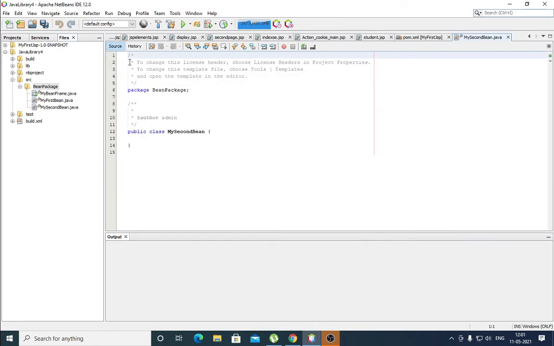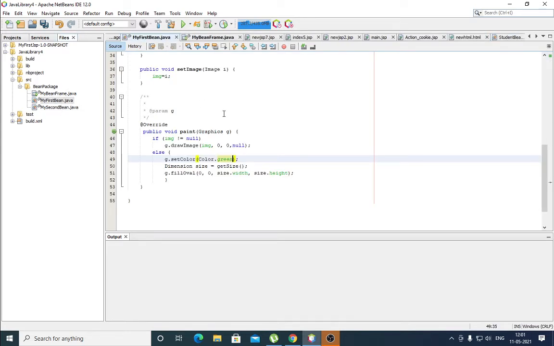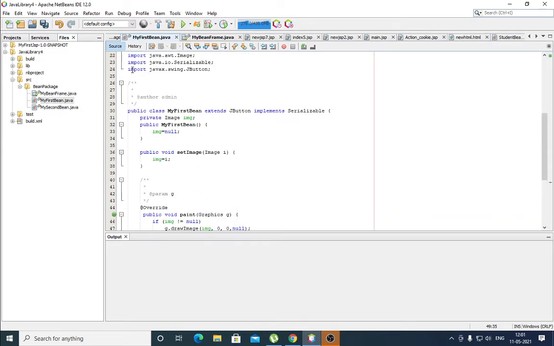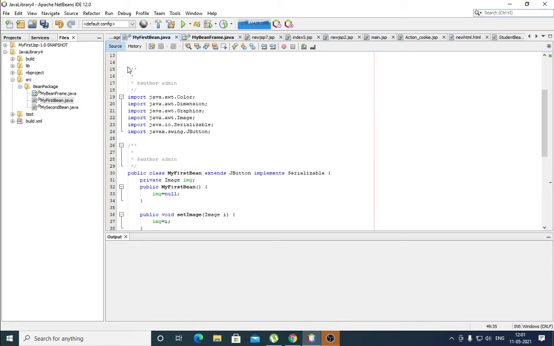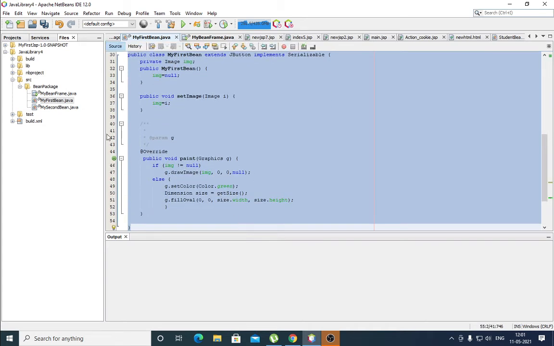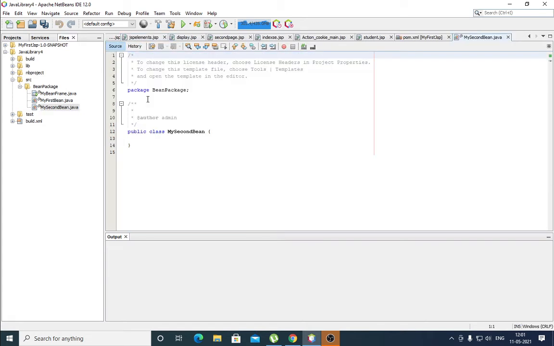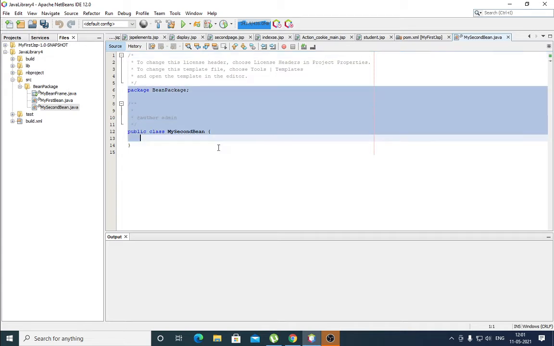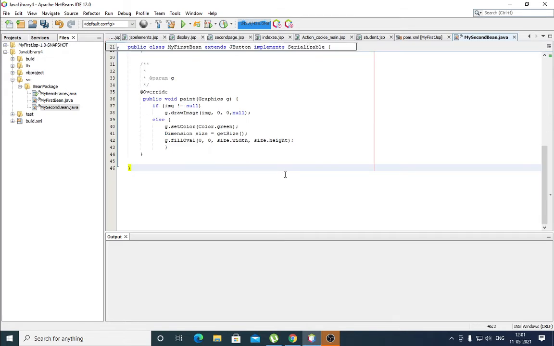Finish. Here my second bean. My first bean, I have to copy, Control C, my second bean, Control V.